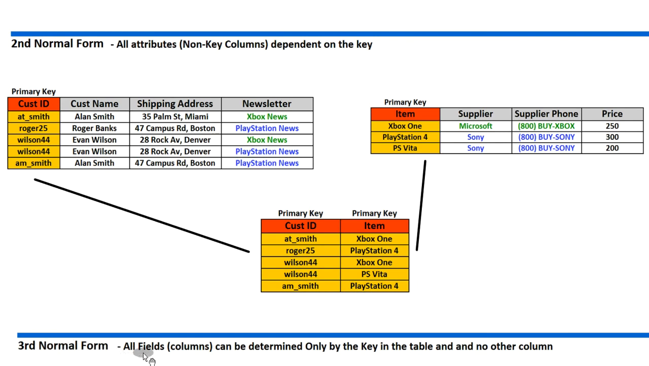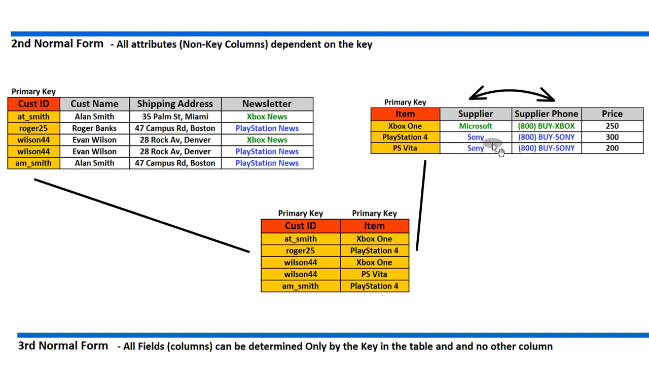Third normal form. All fields, meaning columns, can be determined only by the key in the table and no other column. Okay, so what can be the problem here? Well, the problem is that Microsoft and the Xbox supplier phone number always go together. The Sony and the Sony phone number always go together. This phone number is never going to go with Microsoft, and this phone number is never going to go with Sony. So in the item table, if the only thing we know is Microsoft,